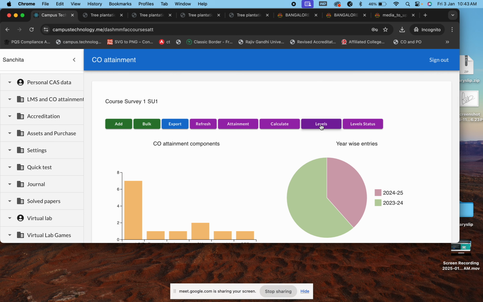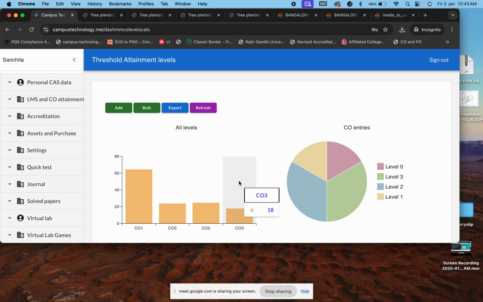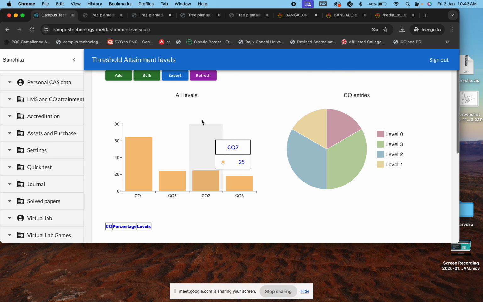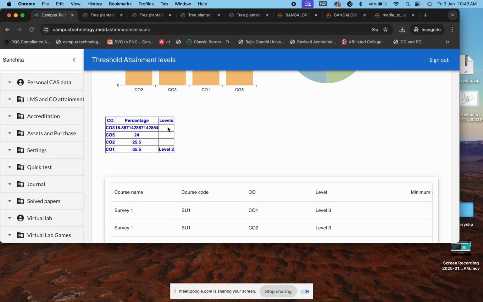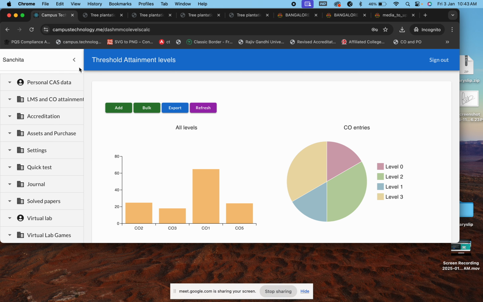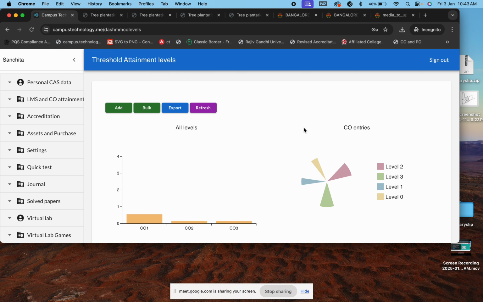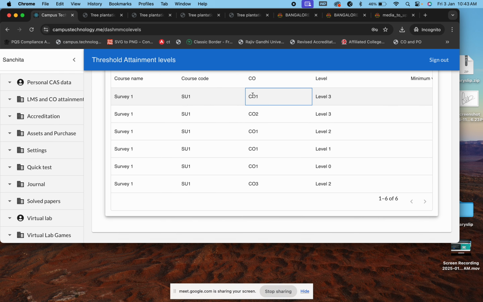Then you click on levels, you define your levels, then click on level status. If nothing is being displayed in your level status, if it is blank like this, that means either that level was not achieved or you have made a mistake in defining the level. When you're adding, you might have used the convention uppercase C, uppercase O1, but here you might say lowercase c and lowercase o.